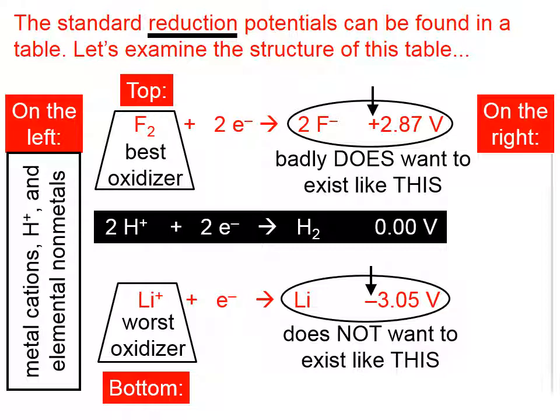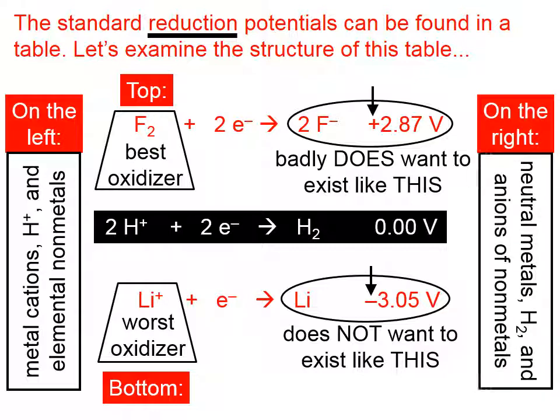On the product side of these reduction equations, we find neutral metals, hydrogen gas, and the anions of nonmetals. And again, you can see all of those here. We have here at the bottom neutral metal lithium. We've got hydrogen gas, and then here at the top on the right side we have the anion of fluorine,